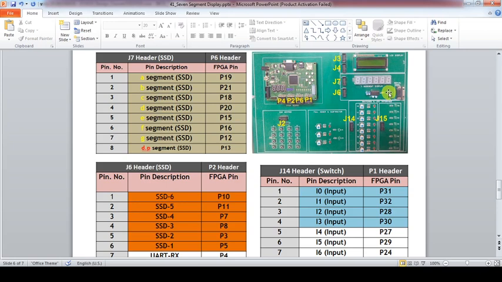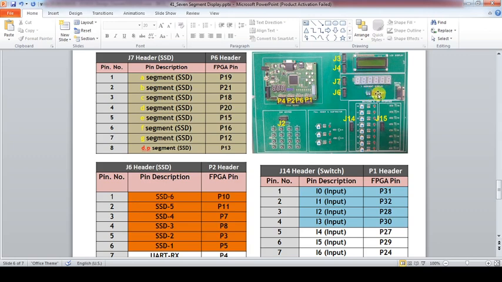But this 7 segment I connected through the concept of multiplexing. So what is multiplexing? Multiplexing means a segment of the first display is shorted with a segment of the second, third, fourth, fifth and sixth. When all the segments of all the displays are connected to a common pin, it is called multiplexing. If I force logic 0 to one of the segments and all the displays are active, then that segment will be displayed on all of them. So that is called multiplexing.